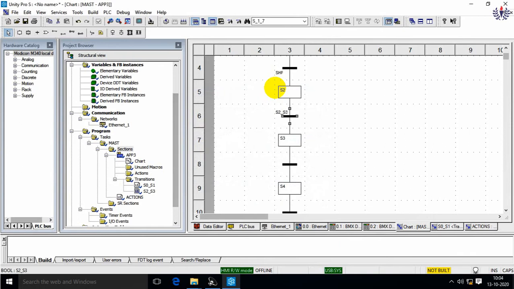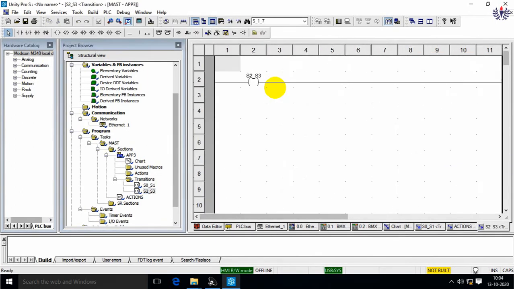Why am I doing this? Because after this it is going to repeat for all the process. It may be in slot 2, slot 3, slot 4. This process is going to repeat. That's why I am going to take this transition as a repeated one. So here step 2 underscore step 3 is created. As I told already, it is going to repeat for all the steps. That is, when it is in slot 2, it is going to repeat. When it is in slot 3, it is going to repeat. When it is in slot 4, it is going to repeat.